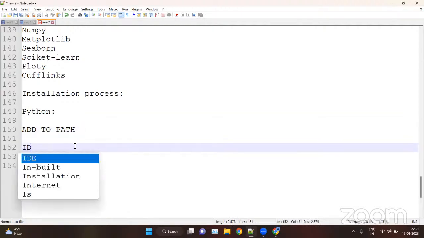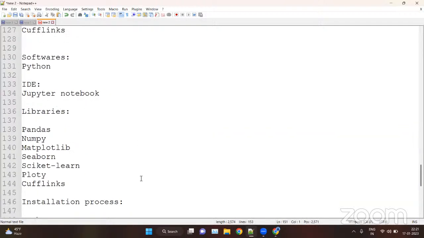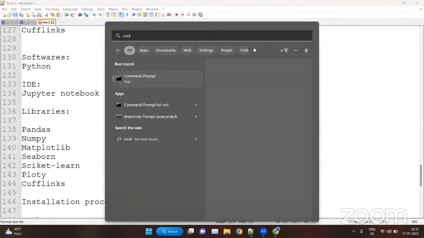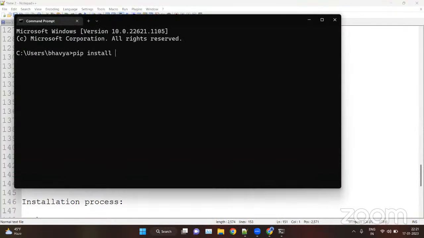Then for the IDE, we will use Jupyter Notebook. You have to open your CMD. Here you can type pip install jupyter notebook.